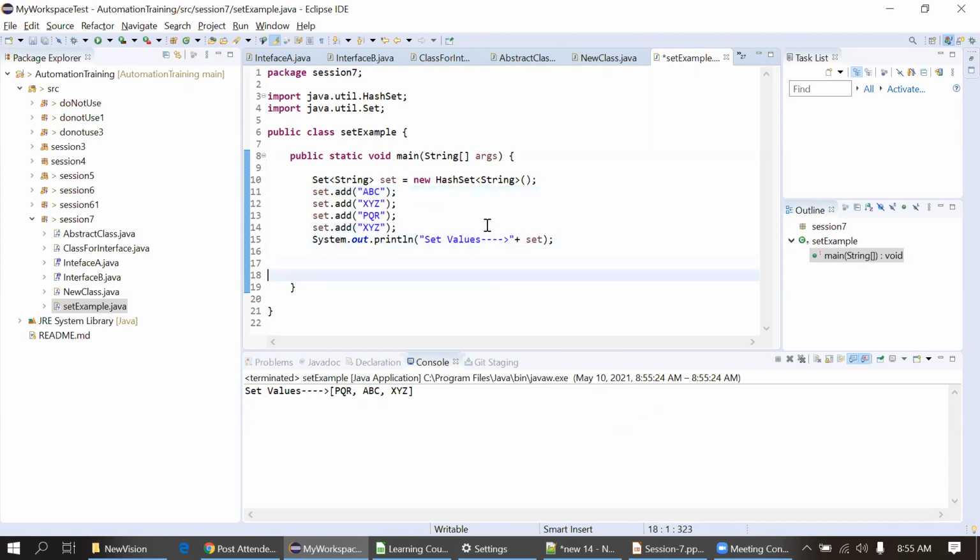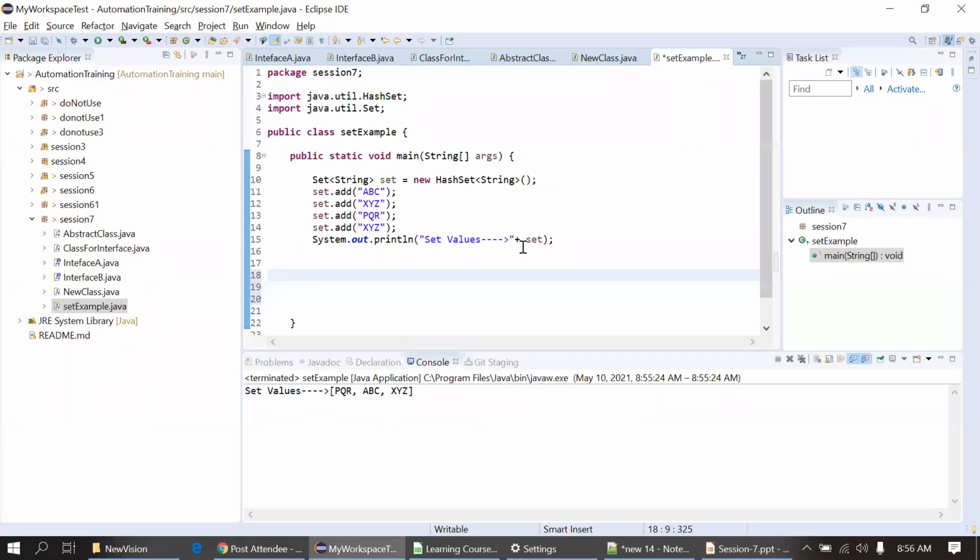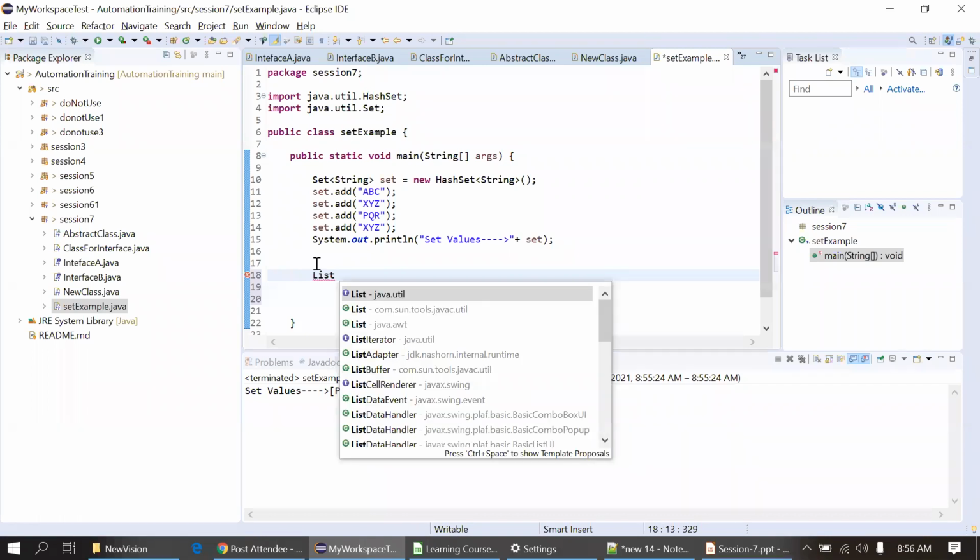Okay. That is for the set, then I'm going for the next. I will go for the list. List, control space bar.